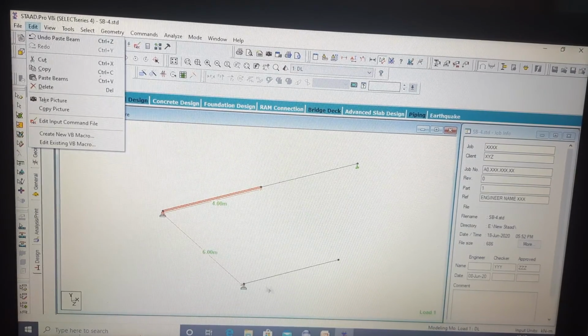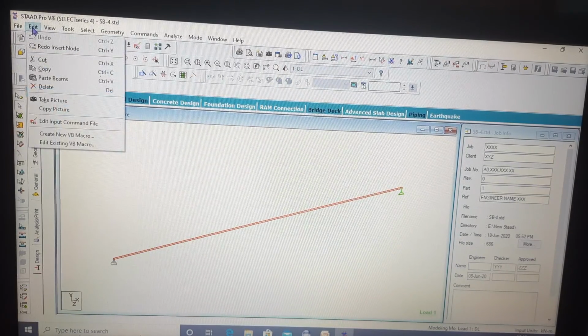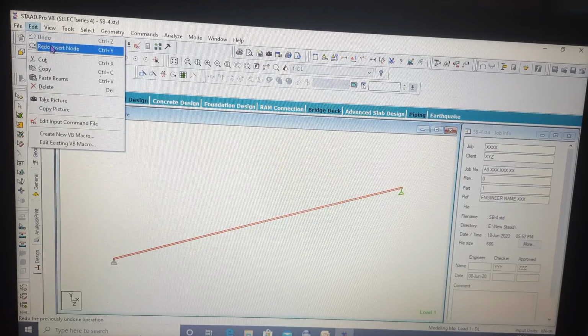Now say if you have mistakenly done that, you want to remove all these things, what you will do, you can click on the undo button, say undo paste, again undo paste, then all the things which you have created will be gone. So this undo is also a Windows keyboard shortcut. This can be done by Ctrl Z. So you can see here the Ctrl Z button is there. You can do it also by Ctrl Z.